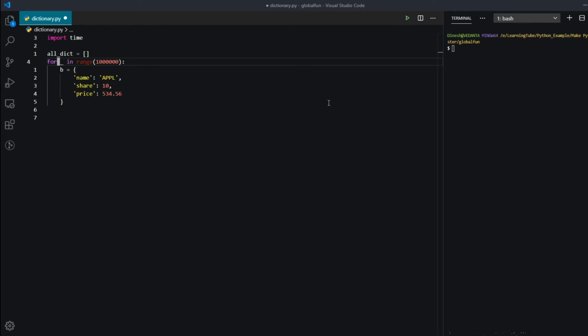This loop will run 1 million times, and each time I append B to the list. So this is everything that I want.